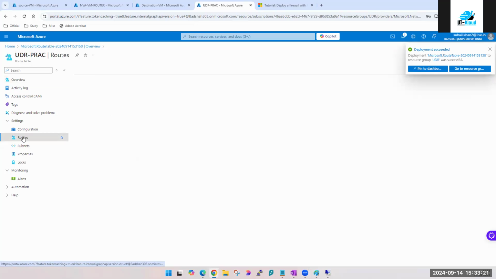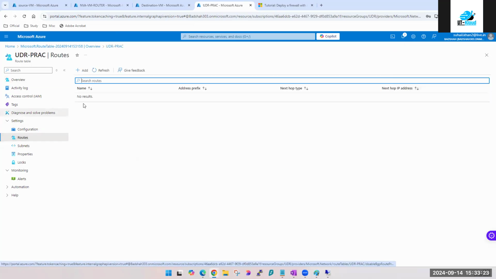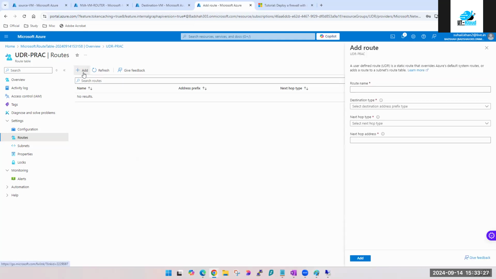Can you see routes? Okay, now look at this. What is the scope of UDR, guys? Where do we assign the UDR? Can I assign it to NIC level? Can I assign it to VNet level? Subnet level. No, NIC पे नहीं होता है. It's your NSG which goes to NIC and subnet. UDR only on subnet. Okay, don't get confused, guys.